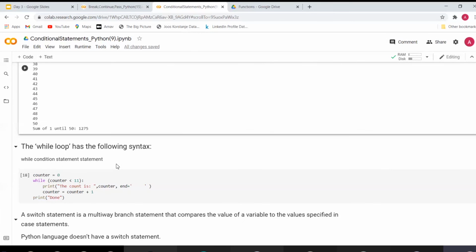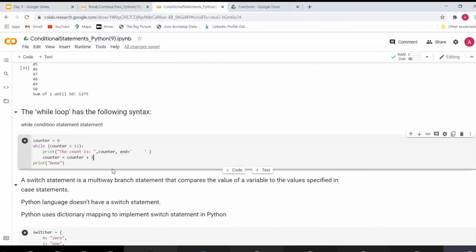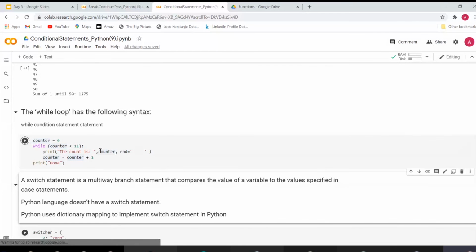What if we just simply want to use a counter? Over here we have used a while loop as an example. Now please note these parentheses, these brackets are not necessary. You can remove them. We have our result.